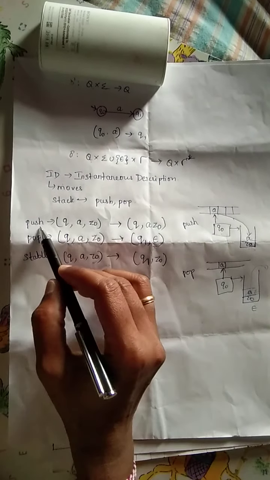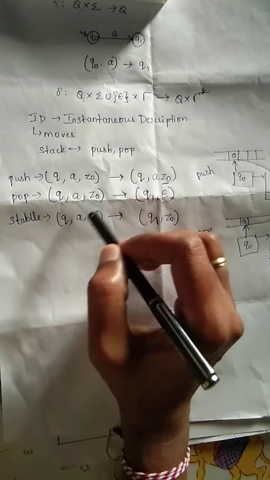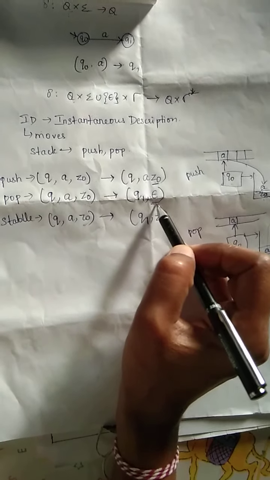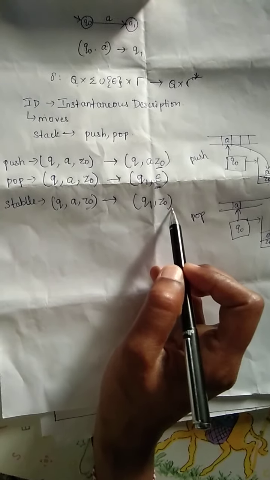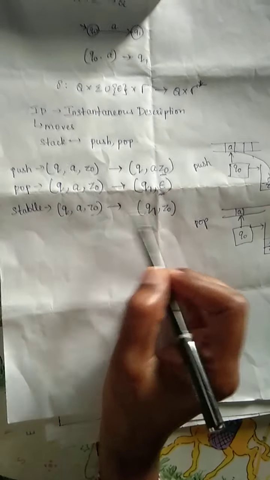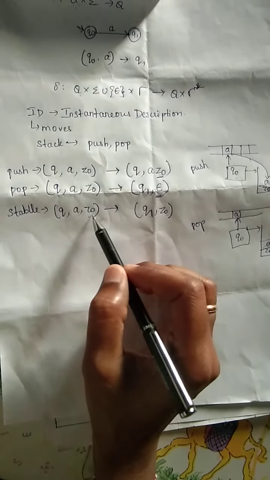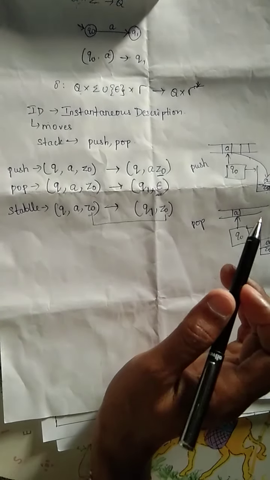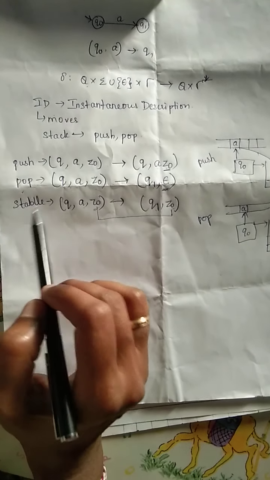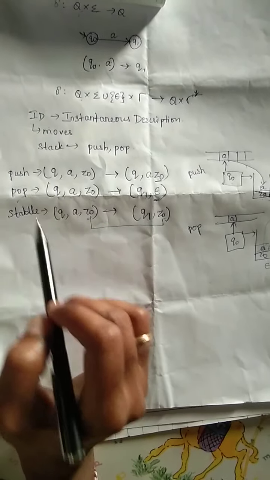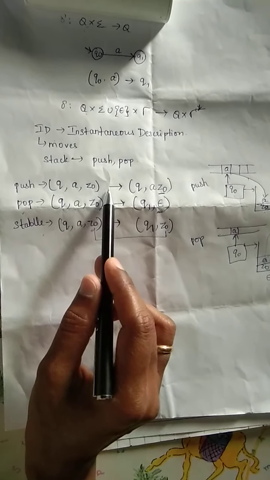So if you want to push the symbol, add that input symbol to the top of the stack. If you want to pop the symbol from the stack, what is the move here? Epsilon move. And if you want to place the symbols as it is on the top of the stack, move to some other state when reading the symbol a and place the stack symbol as it is. Okay, so this is the stable case. Either you are going to push the symbol, pop the symbol, or place the symbols as it is on the top of the stack. So these are the moves related to the pushdown automata.